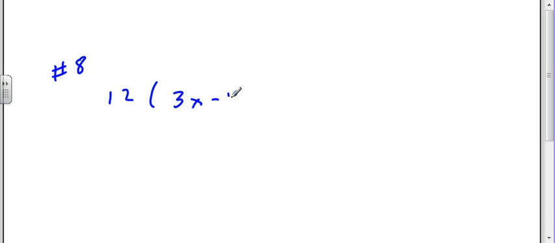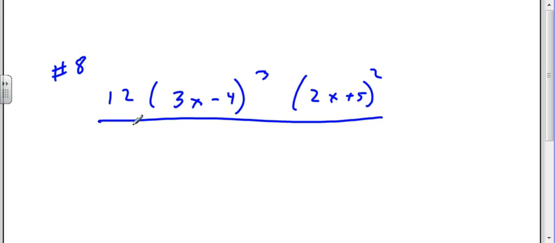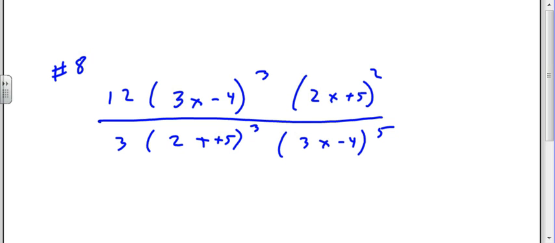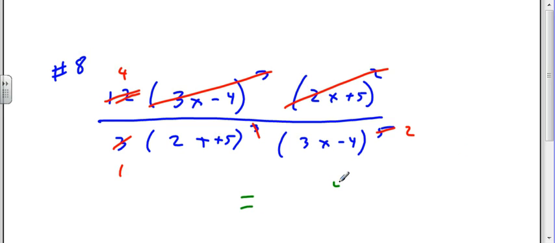12, 3x minus 4 cubed, 2x plus 5 squared, over 3, 2x plus 5 cubed, 3x minus 4 to the 5th. All right, well, 3 goes into 12 4 times. And I got a squared guy there that turns this guy into 1. I got a cubed guy there that turns that guy into squared. And then I can write my final answer 4 over